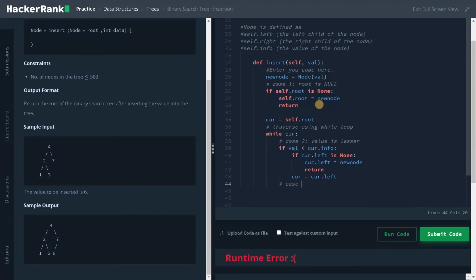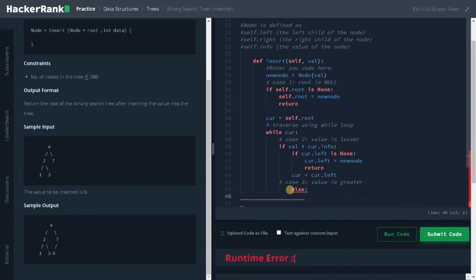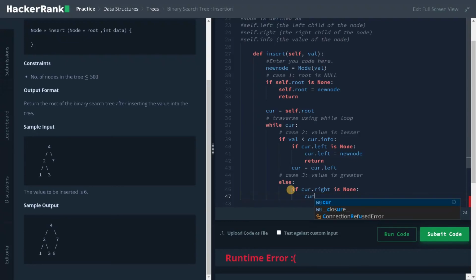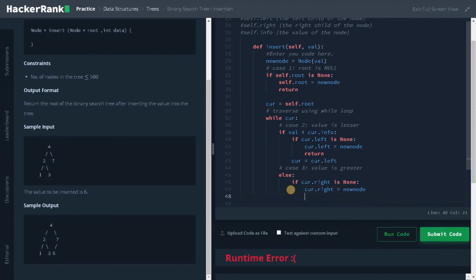Now the last case is case 3, value is greater. That is the else part. So here again we have to check the condition: if current.right is none, then current.right equals new node, and return the function.